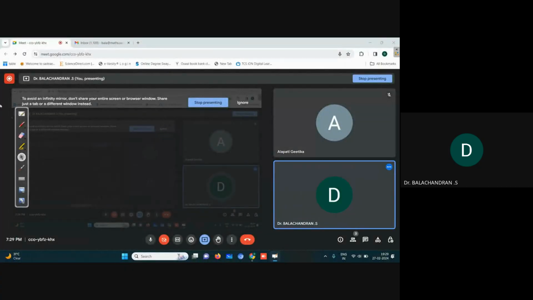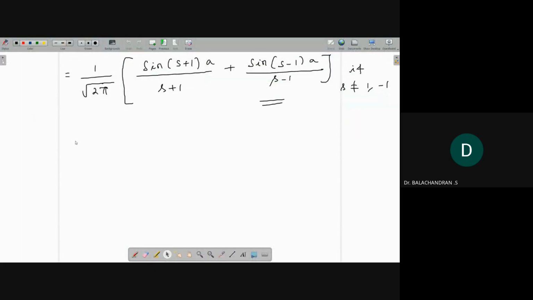Okay. Now I'll move to the third problem. Find the Fourier sine transform of 1 by x. Okay. So now solution: Fs of 1 by x,